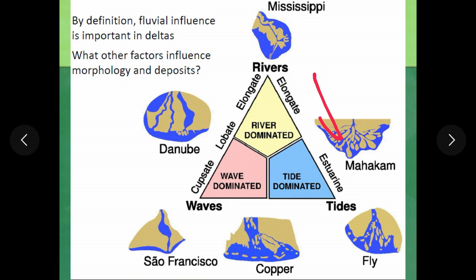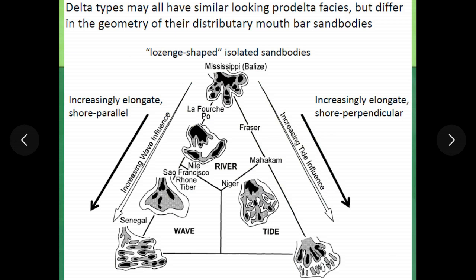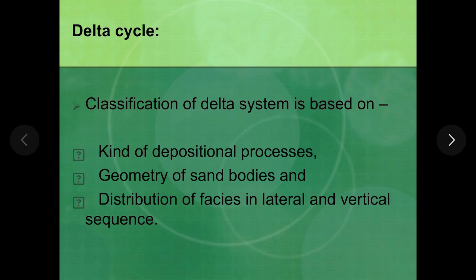On the other side of this spectrum, when the river is dominant, the delta is elongated, and when the tide is dominating the sediments, you get to see formation of estuary or tidal flats, like in case of Ganga Brahmaputra delta. Same thing again with the examples of these deltas. So this is all about the modern examples of different types of deltas. Next time we will see the delta cycle and deposition in deltas.